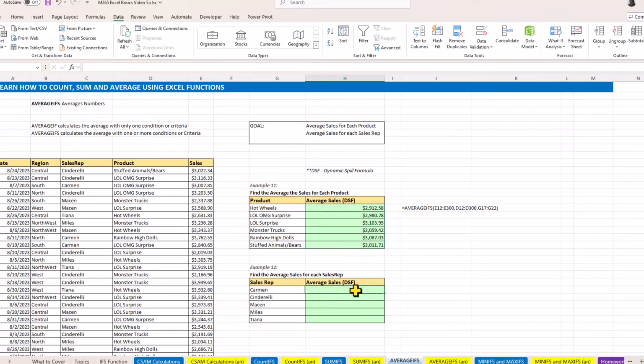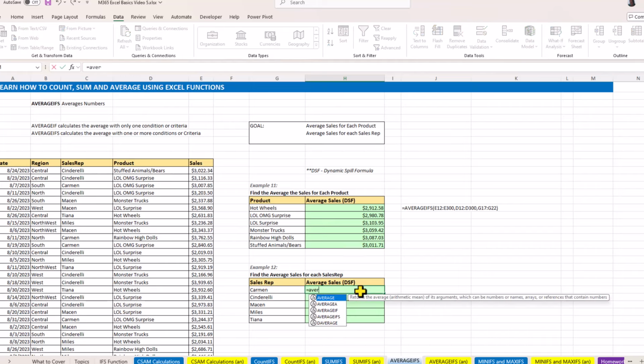Now let's do the average of sales for each sales rep. What was the average sales that each of the sales reps made? We'll do the dynamic spill array formula as well. I'm not doing the relative and absolute cell reference. As I said in my past videos, I like the dynamic spill array formulas better than absolute and relative cell references. I'll do equals AVERAGEIFS, use my down arrow, and once I get to AVERAGEIFS, I'll press tab